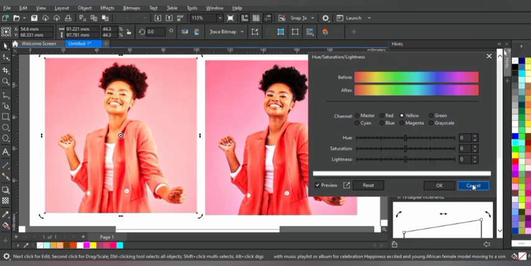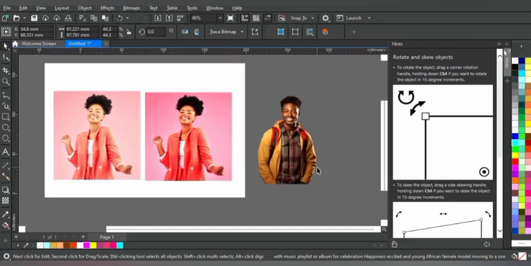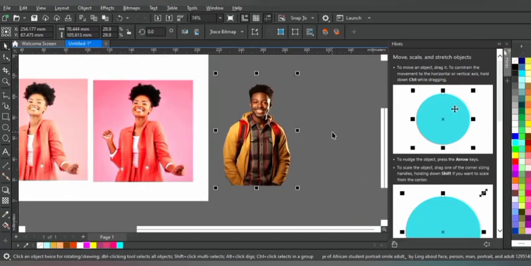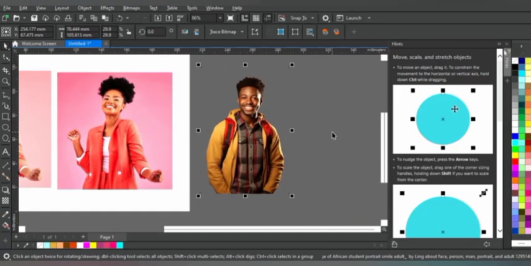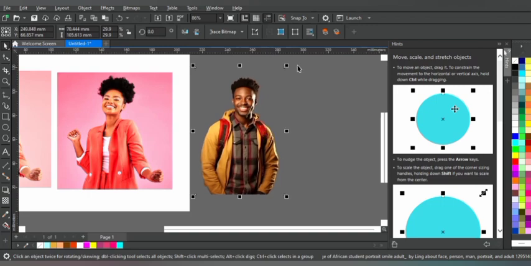Now we're going to cancel this, and now finally this very image, which is a PNG file, an image without a background, right? So we are going to play around with this as well to see what you can create. Now we've already known the process to edit our image and enhance the contrast, the saturation, the tint, the temperature, and all that. So what we are going to do now is to look at how to change an image into a grayscale, all right, and also convert an image into a vector file